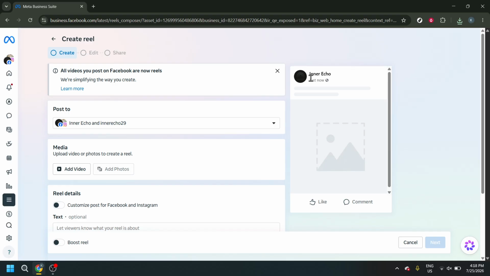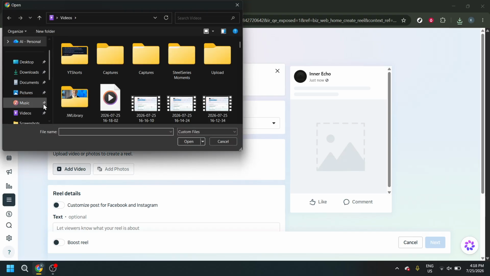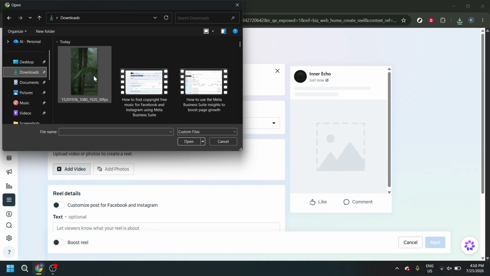Once you're in the Reel Composer, click on Add Video. This is where you upload the video file you want to use for your Reel. Make sure you've already chosen the correct clip before starting, especially if you're working with multiple versions. It's always a good idea to double check that your video is the final edited version so you don't have